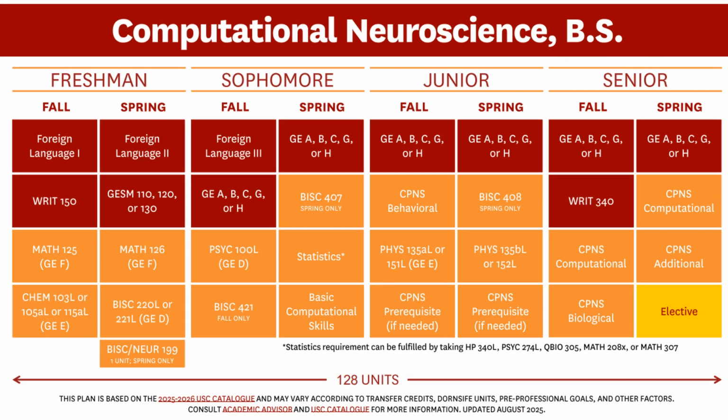Sample four-year course plans for students pursuing a BS in computational neuroscience. I mentioned in a previous slide to keep in mind prerequisites for the advanced computational courses. Many of the options on the list have additional prerequisites required that are not specifically required for the major. It is possible that the students will have to add additional prerequisites to their plan based on what they choose